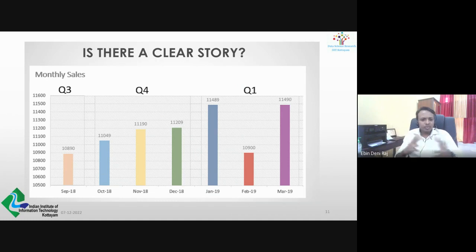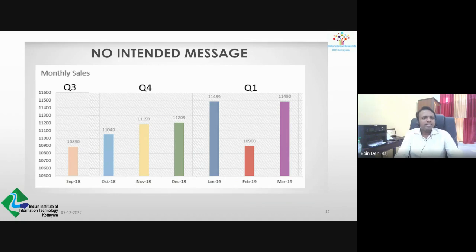Right? So if you take a look at this particular graph which I'm showing, one problem is that it shows some data. It is showing some colors. It is showing maybe quarterly, monthly sales along with the quarter being divided. But to be frank, there is no intended message on this particular graph, right? There are various principles laid down by very good graphic designers such as Edward Tufte.